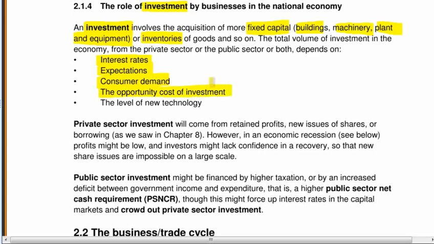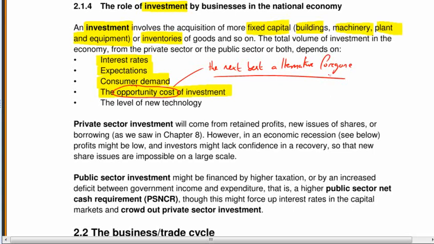The phrase here, opportunity cost of investment. Now, opportunity cost, this is the way we measure costs in economics. So we don't do it the way accountants do it. Okay, now we've got an economist hat on in this chapter. We measure costs by this concept called opportunity cost. An opportunity cost is the next best alternative foregone. Okay, that's the opportunity cost.